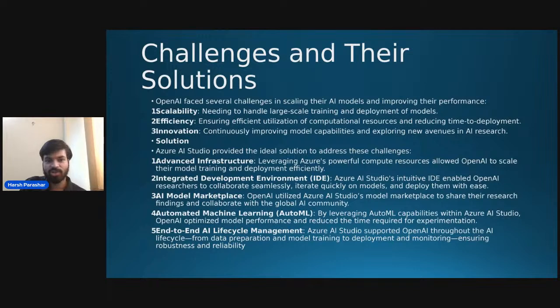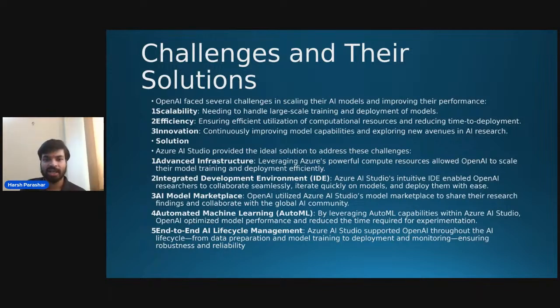And how Azure AI Studio can provide a solution to address these challenges: advanced infrastructure, integrated development environment (IDE), AI model marketplace, automated machine learning, and end-to-end AI lifecycle. So it is a very advanced infrastructure, as we have discussed throughout our lecture.